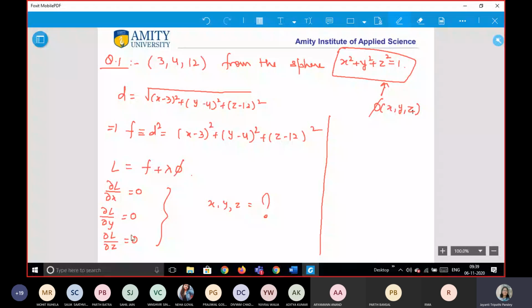When you put del L by del x equals to 0, you are getting